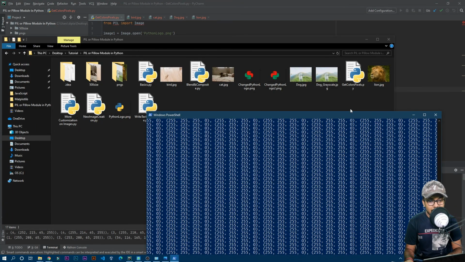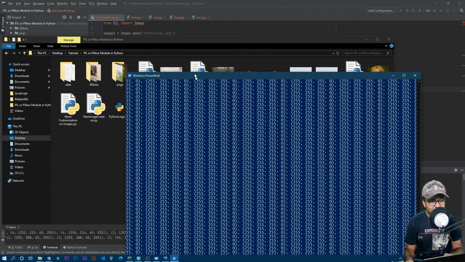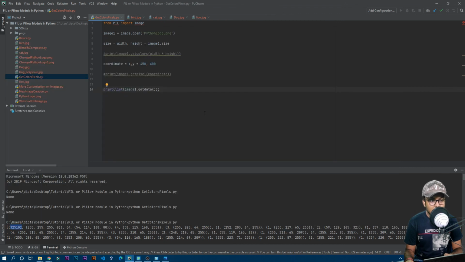Now assume you have a big image like these ones, like birds in the sky, these are like 5,000 by 4,000 images. That is really going to take a huge amount of time and memory. So yeah, these are all the colors, and you can see these are not merging the colors, because these are all the same color, the black colors. So in this way you can get the color of the whole image, or according to the pixel you want. And yeah, you got it, right?